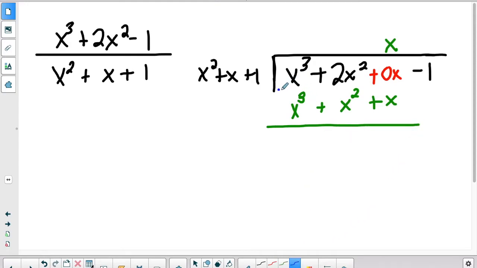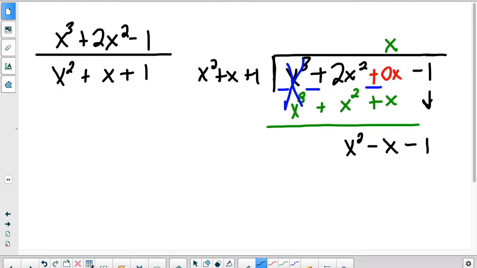And at this point we're going to subtract. x cubed minus x cubed cancels. 2x squared minus x squared gives me x squared. 0x minus x is minus x. And then we bring down the minus 1. Now the degree is 2, but since it still matches up, we need to go one more step,